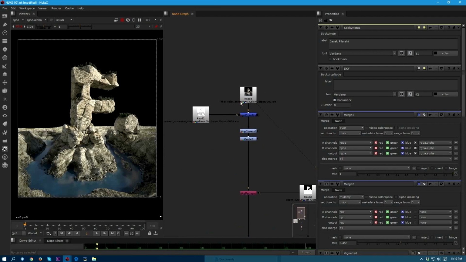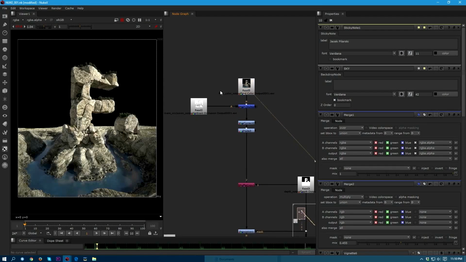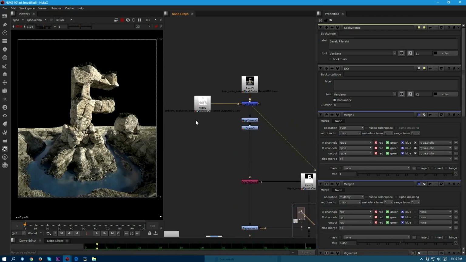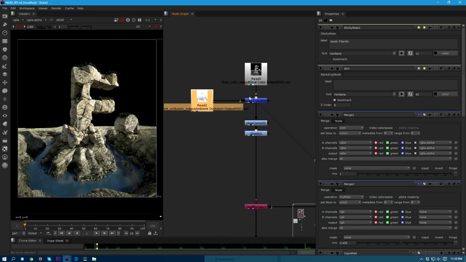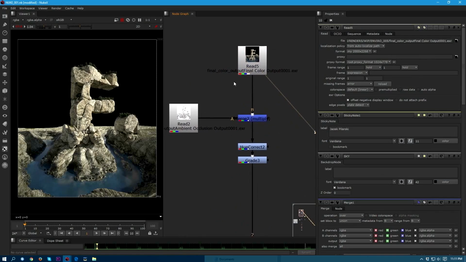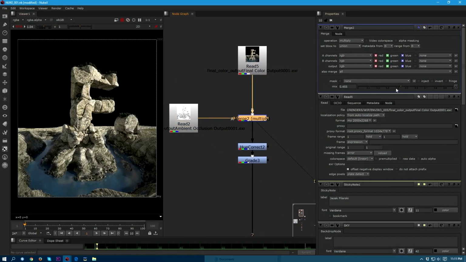There are many ways of doing this. There is always many ways to skin the cat inside of Nuke, but this is what I did. So first thing that I did, I multiplied the ambient occlusion. So I took the final color, which looks like this, and the ambient occlusion that we rendered that looks like this, and I multiplied it on top of the image. So if I disable that completely, this is the result. If I enable it completely, this is the result. So we'll just drag it down